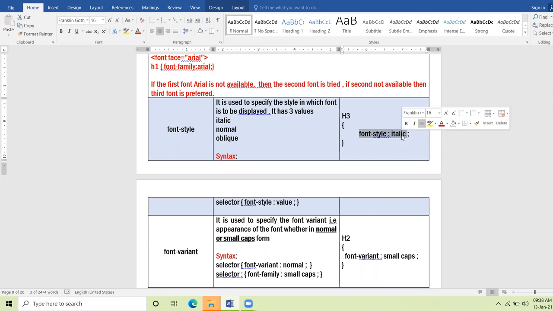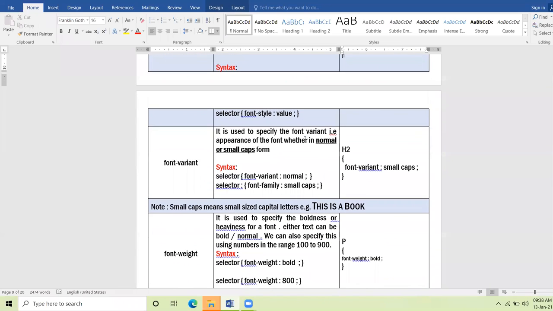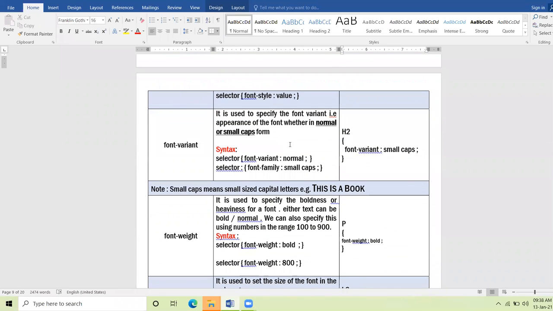Suppose I'm asking you that the heading is in italic. In order to represent your heading in italic form, you will use font-style and the value of this property will be italic. Clear?